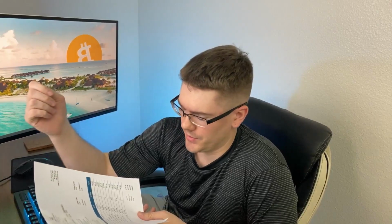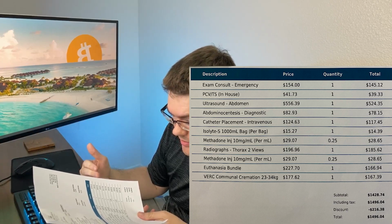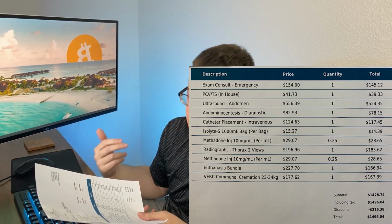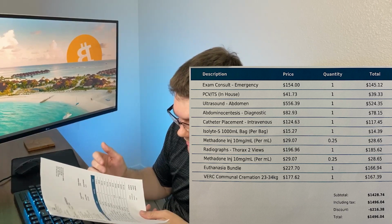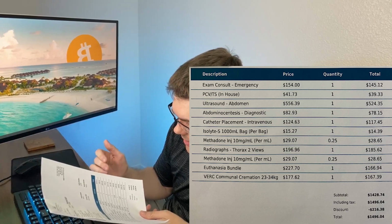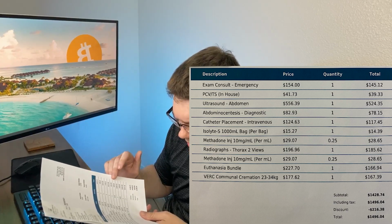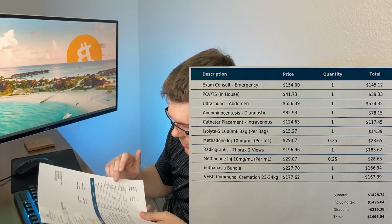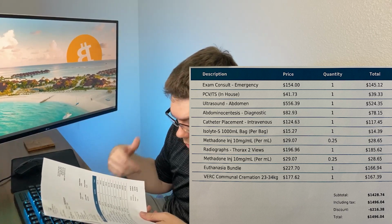So it's very unfortunate for us, but I loaded him back in the car and took him to this next ER clinic, where this is where the bill really started to add up. So I got an emergency fee, which was 145. I got a PCV, which is $39. They did an ultrasound of the abdomen to verify that they had the same opinion. So that was another $524. An abdomen diagnostic, catheter placement. So that was 78, and then 117, and then Isolyte 1,000 milliliter bag. I think that's probably just medication to make it feel better. Methadone, obviously more medication. Radiographs, more methadone because it was starting to wear off,